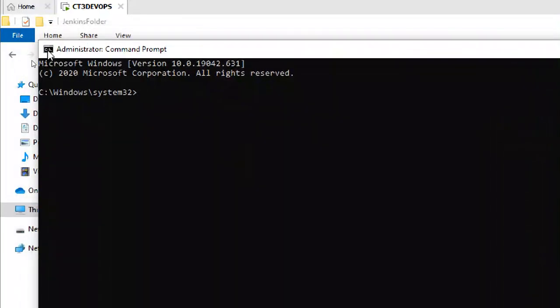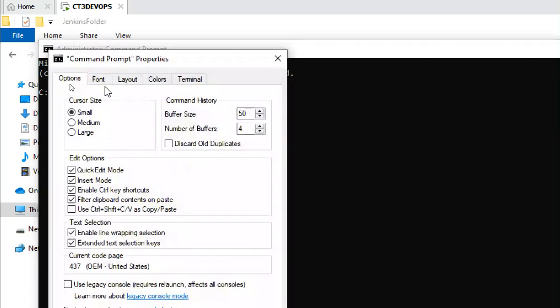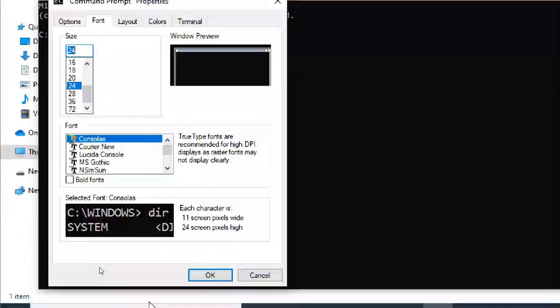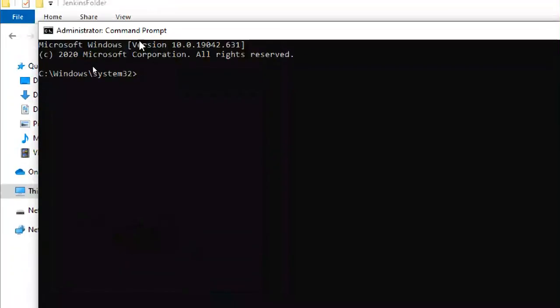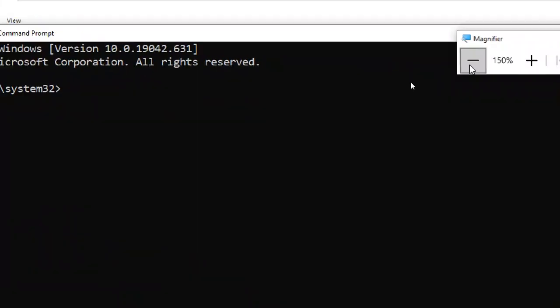If you feel the text is small, then you can use properties, font, change the font size a little bit, at least 20 or 24. 24 is very big. Yeah, see, this is good looking.